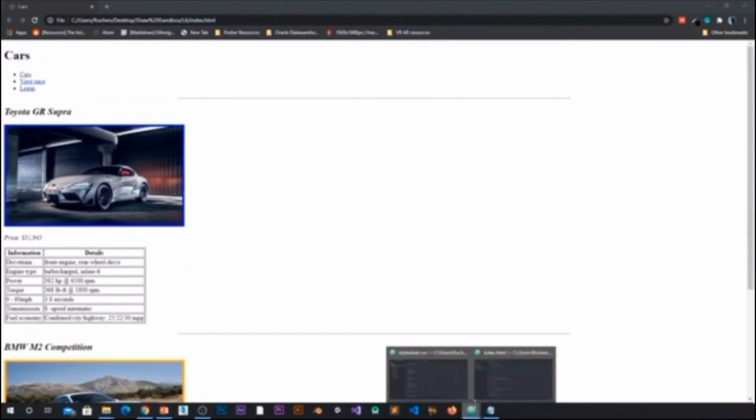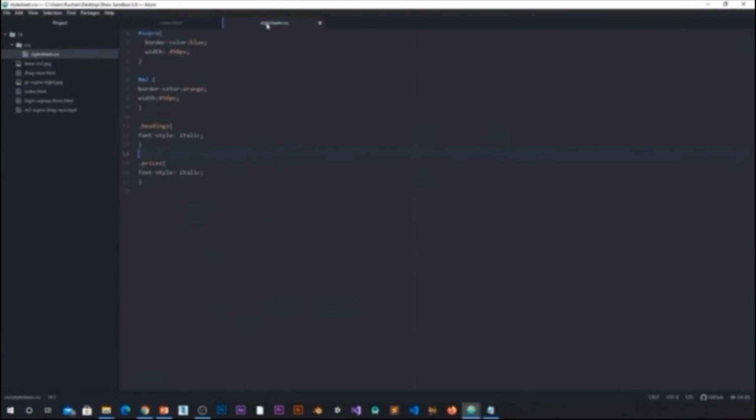Essentially the only thing we did was we copied or cut the code from our HTML document, created a style sheet, and added that code to the style sheet over here. Wonderful. Now let's do a couple of complex things that we've learned throughout all the theory. The first thing I want to do is use a pseudo class. So I'm going to take this code with the supra over here, and I'm going to reference that supra again. So I'm going to say supra,